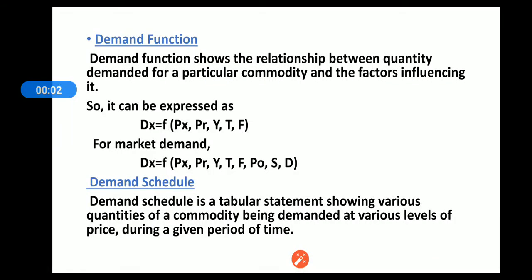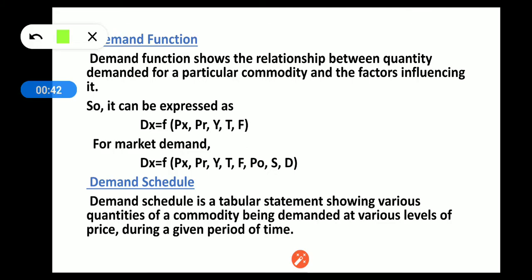Students, we have seen the meaning of demand, and we have also discussed that demand is of two types, that is individual demand and market demand. We discussed many things about demand, individual demand and market demand. We have seen the factors which affect the demand of commodities. Many features and factors we have seen. Now, today we are going to discuss the demand function. What is demand function? That we'll discuss today.